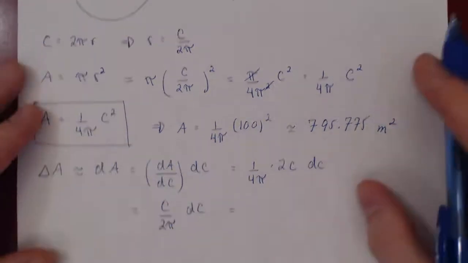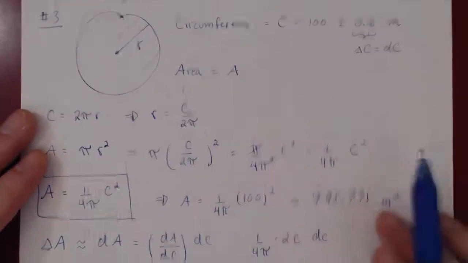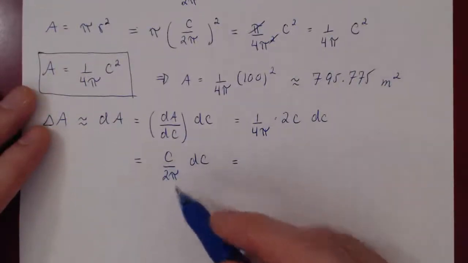We found C to be 100 meters, so we'll have 100 over 2 pi meters,